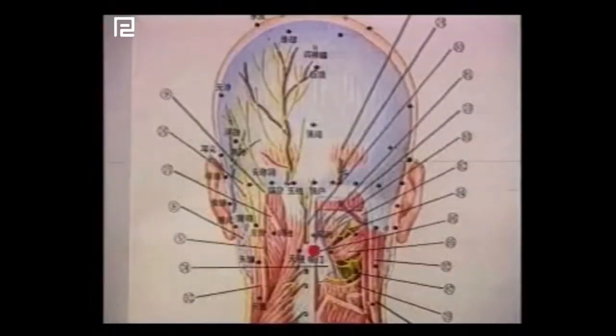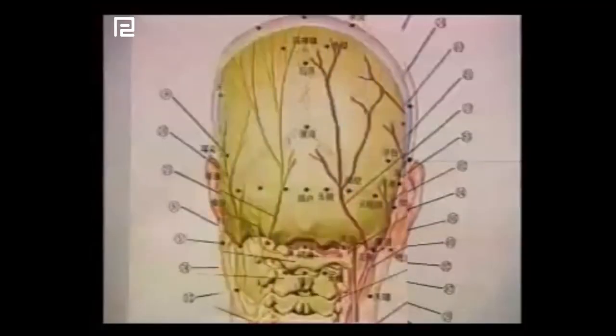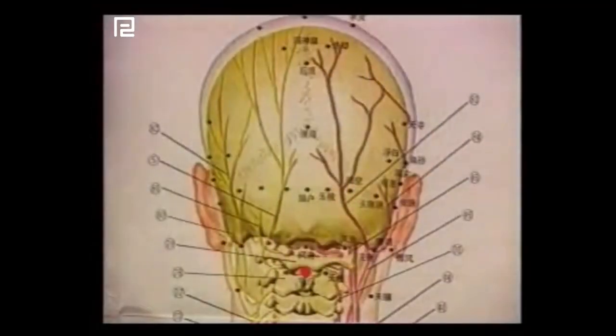Yamen. Location: on the nape of the neck, 0.5 tun directly above the midpoint of the posterior hairline, below the first cervical vertebra. Indications: headache, pain and stiffness of the neck, epilepsy, aphasia, stiffness of the tongue, numbness, hysteria, brain paralysis, schizophrenia. Methods: puncture 0.3 to 0.5 tun.